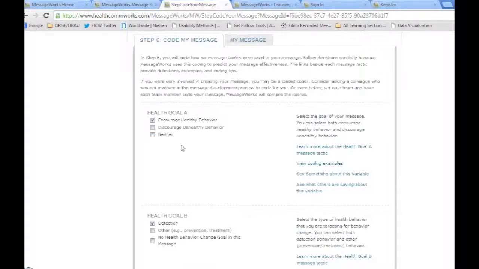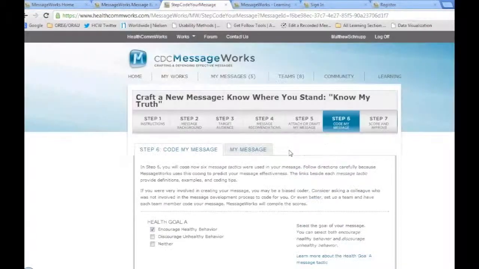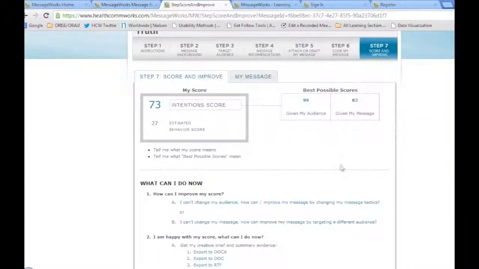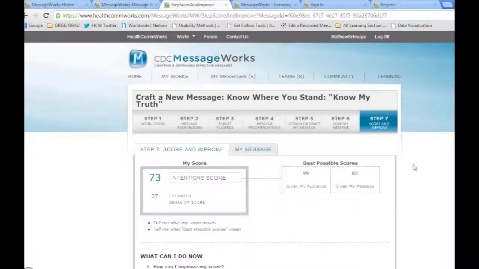So, in terms of the HIV/AIDS campaign, I would think that we're trying to promote testing, so we're encouraging a healthy behavior. Check. And you just go down the line. And at the end, you get those 2 scores that we mentioned, which I just blazed right through there, but if you just dealt with the target audience and code my message and the messaging tactics, you can get in and out of there in relatively little time and then print out your report and bring it to your team. So that is probably the fastest I can go without it getting too confusing.